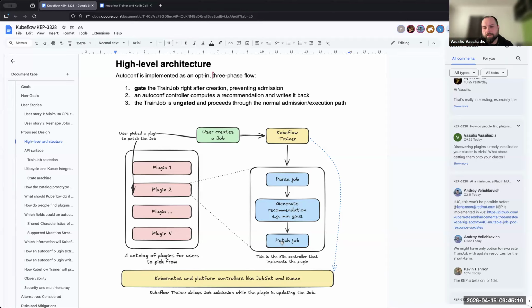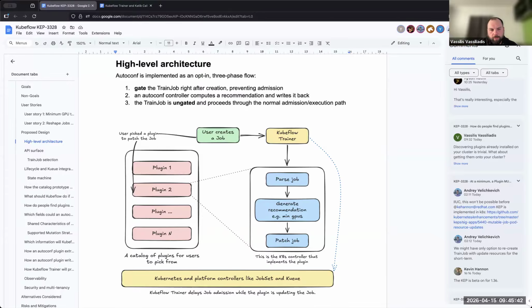And then you just have your standard train job reconciliation step, which looks at the runtime patches. And I know we cannot patch the job set object, but we just delete and recreate it. At the bare minimum, this is how I imagine this to work. There are some details like, okay, how do you interact with queue? Or actually, let's say we can limit the scope to just that. How do you interact with queue?